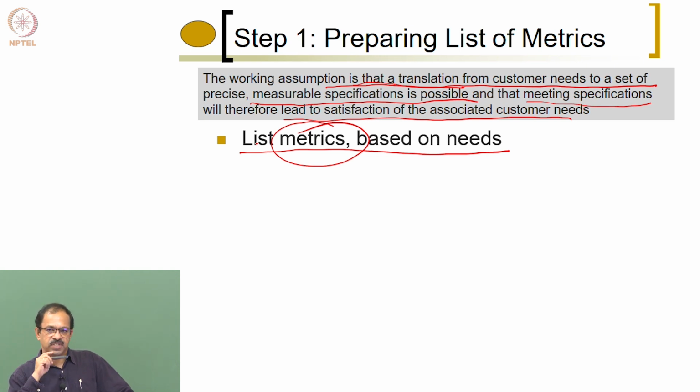Yesterday, in the last class, we discussed a few of these. We will develop the specification. Somebody says in the cycle design, comfortable ride. So that is a customer requirement. Customer says that it should be comfortable to ride the cycle. If you are to satisfy this requirement of customer, it should be comfortable.